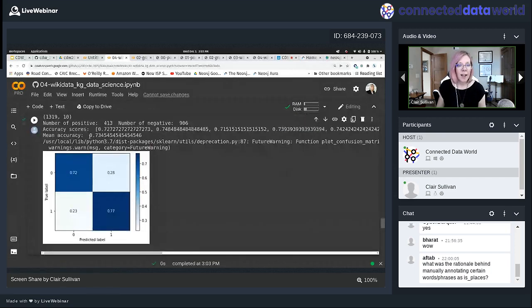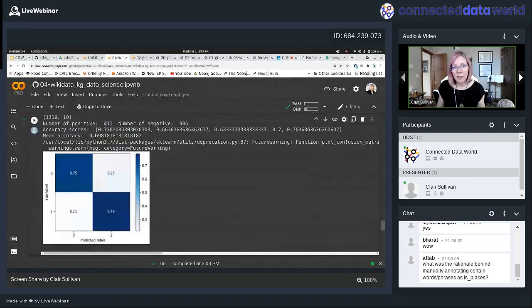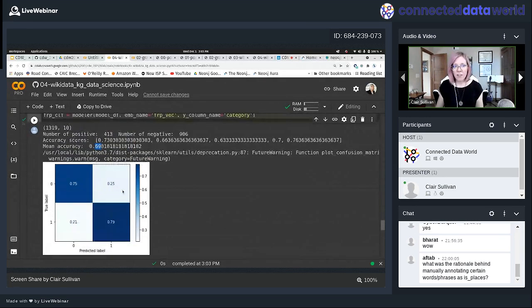Okay, I have roughly a 74% accuracy, not quite as good as before. But one of the things I want to show you is that my confusion matrix looks a little better. I'm getting roughly the same accuracies for my true and predicted labels, which is good. That's better. Let's do this for FastRP just really quick. It's not great. It's nothing to write home about, roughly 70%. Again, consider though that I have 2 times as many negatives as positives in this problem. So that's actually really not that bad if you think about it.